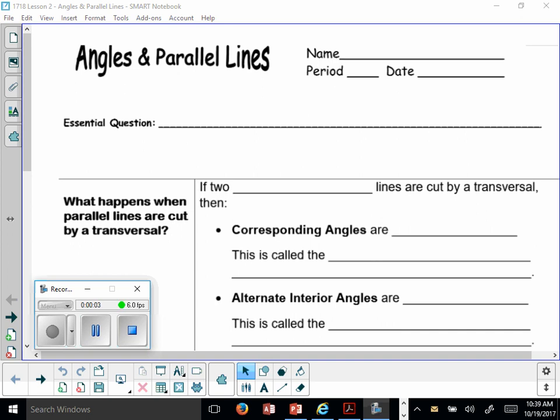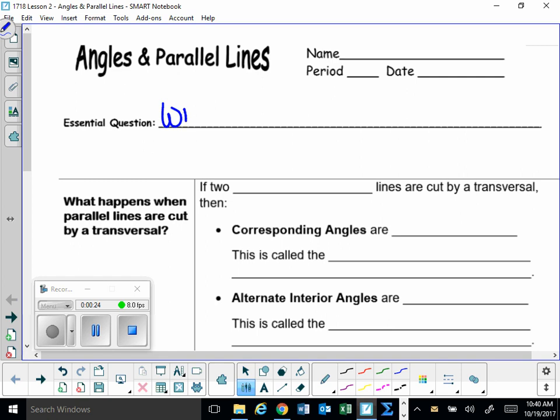Okay, our second lesson in the parallel and perpendicular lines unit deals with angles and parallel lines. So a lot of this you have seen before in middle school, which is nice. It's nice when what we're talking about matches up with information you've previously learned. So our essential question is, what angle relationships